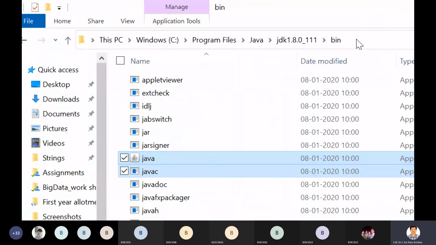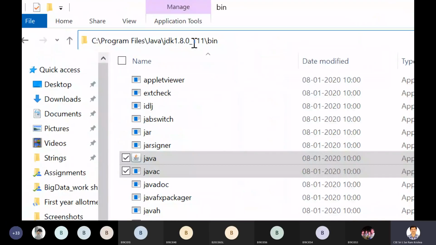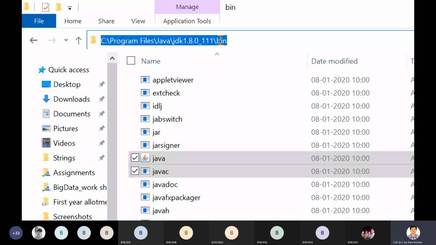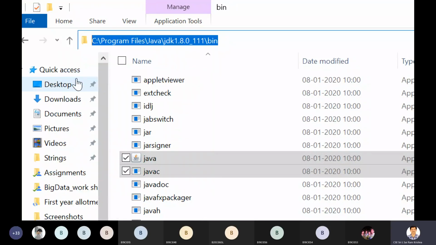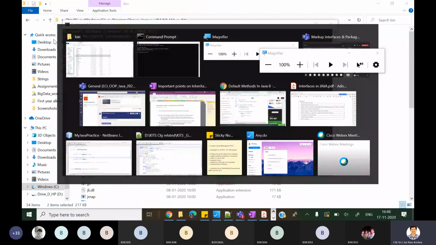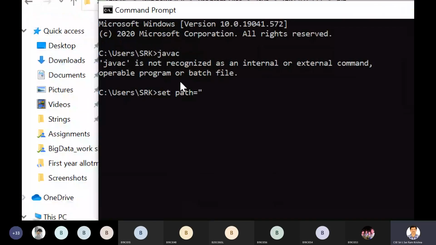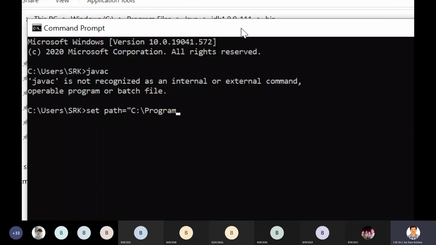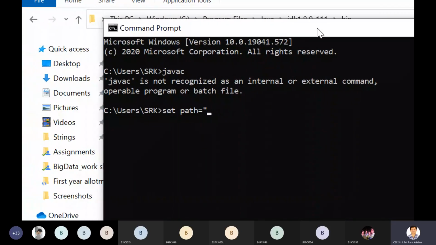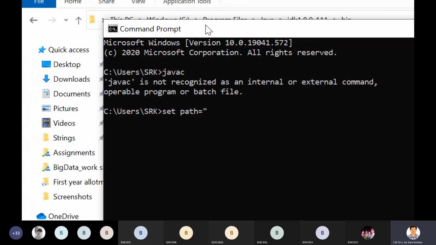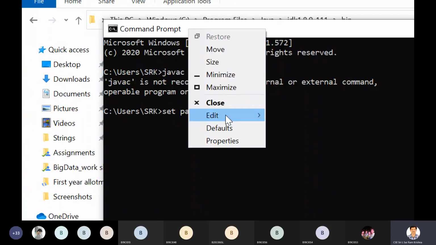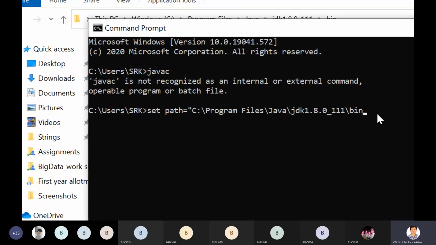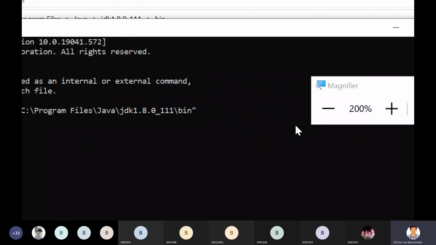So come here, click here. If it is not selected, click here and copy the content. Right click, copy. Now it's copied. Now come back to the command prompt. Here you right click and paste it, or the other way of doing it, as in some command prompts it will not work like this. Sometimes some systems will not allow direct pasting. You right click on the top right header part, go to Edit and say Paste. This can be one of the options. And close it.